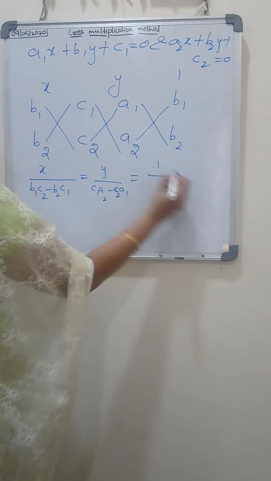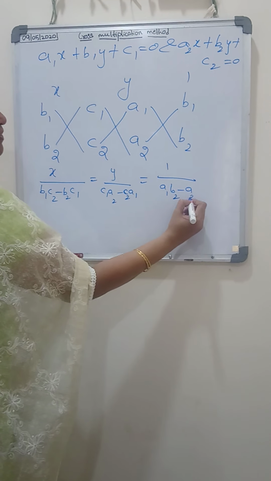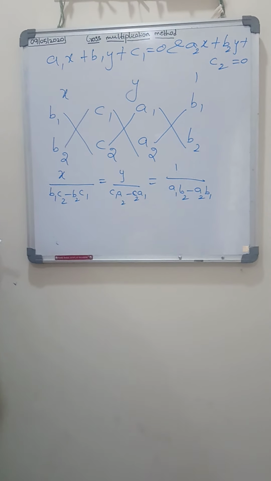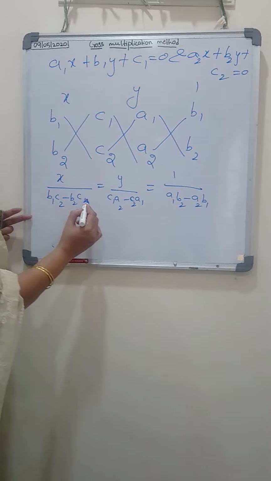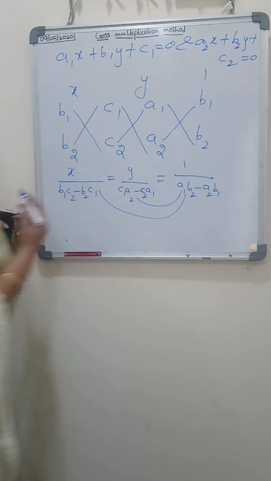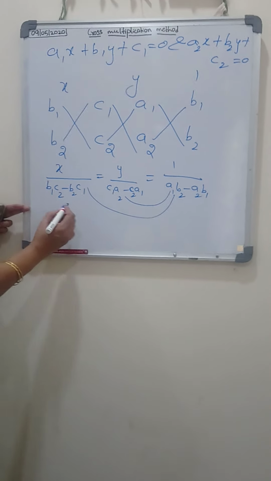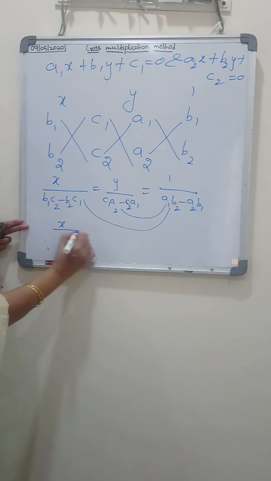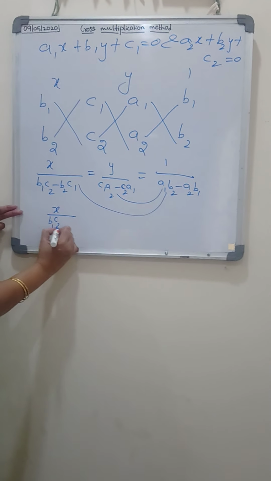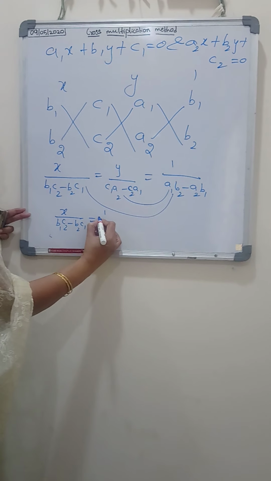equal to 1 by a1 b2 minus a2 b1. Now first you equate x to this constant and then you equate y to this constant, children, so that you will get the value of x and y, children. So first let's equate x by b1 c2 minus b2 c1 is equal to 1 by